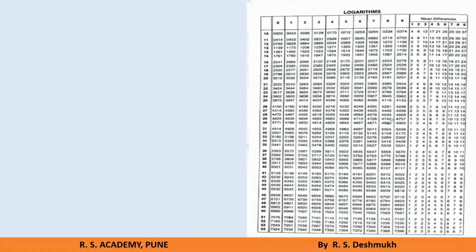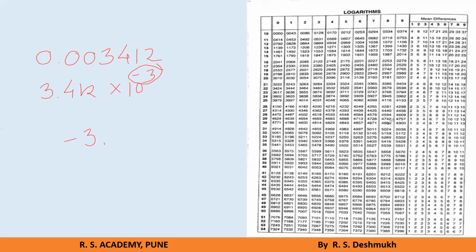Let us take one more example, 0.003412. In this case, people get confused about how to find the characteristic. So I will give you a simple trick. What I already suggested is to shift the decimal after the first digit. So I will shift it as 3.412 into 10 raised to minus 3. I already said, whenever the decimal is after the first digit, whatever is the power of 10 becomes the characteristic. So it becomes minus 3 point.